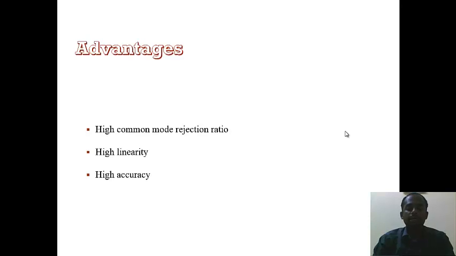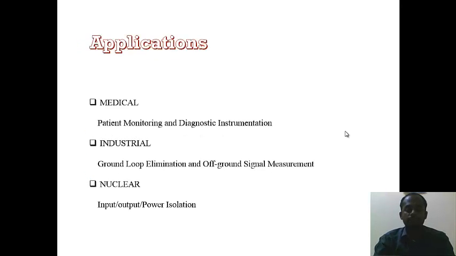Then high linearity: the output produced is linear in nature. Then high accuracy. Accuracy will be more since it is isolated, so no noises can pass through the transformer easily, and high accuracy will be possible by using amplifiers and signal conditioners. Then applications: in medical, industrial, and nuclear,